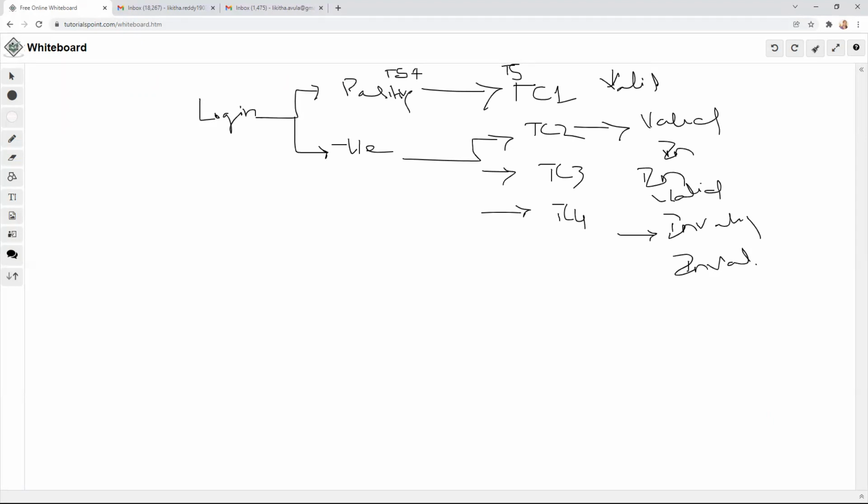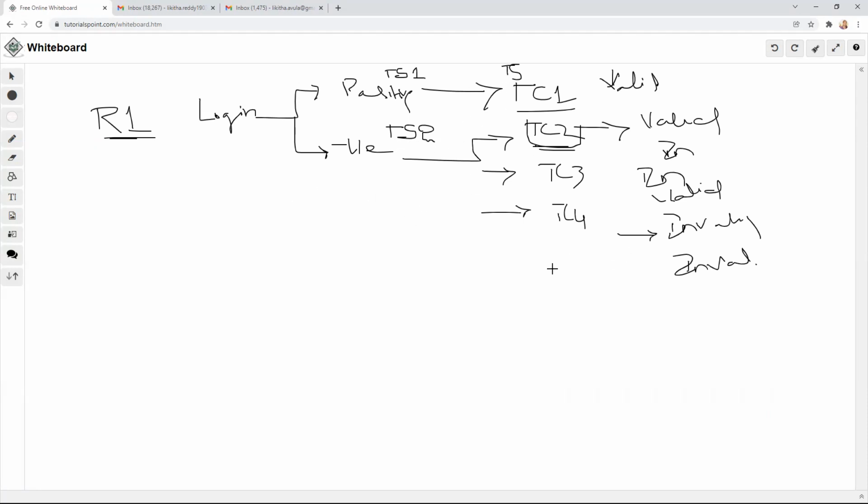The positive one will be TS1, test scenario 1, and this should be test scenario 2. So these should be test cases 1, 2, 3, 4, and this requirement should be requirement 1. The negative cases all fall under test scenario 2, but each and every test case ID should be unique, so we give them test case 2 onward. Suppose you have a third scenario, it will be TS3,